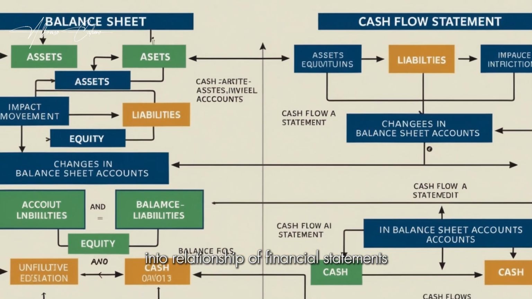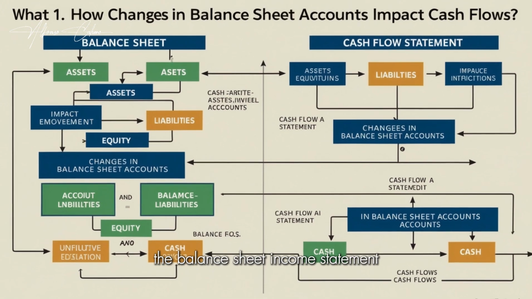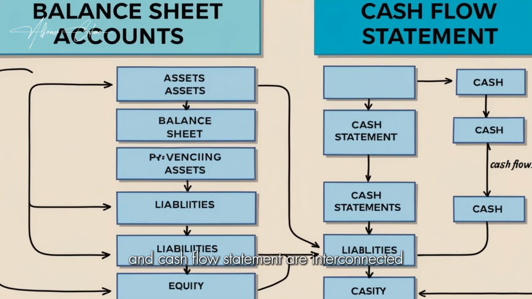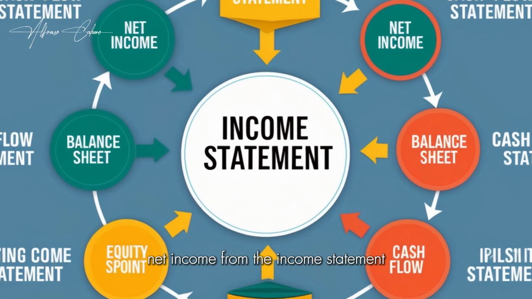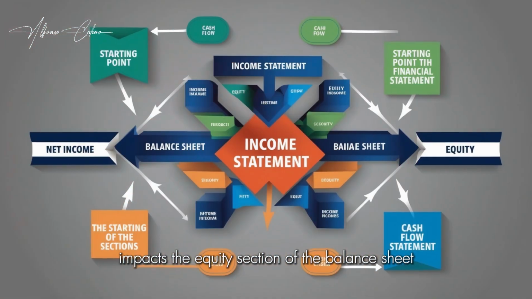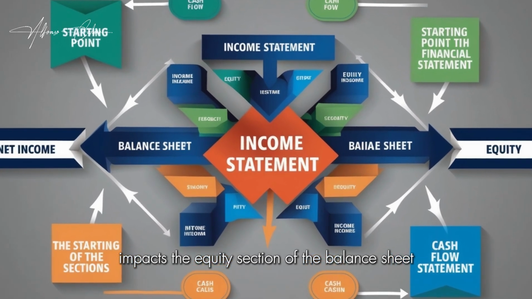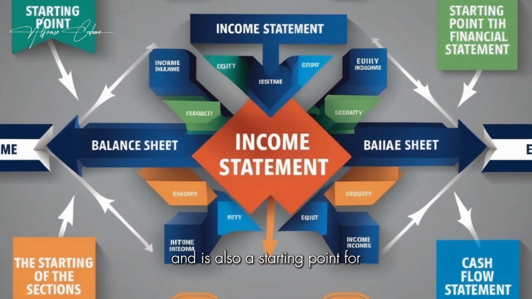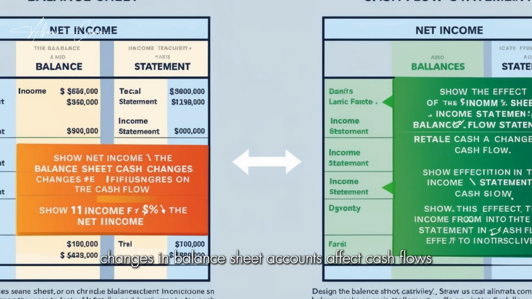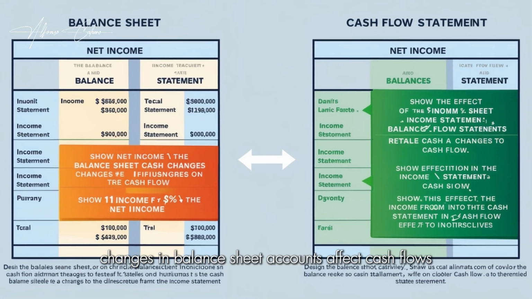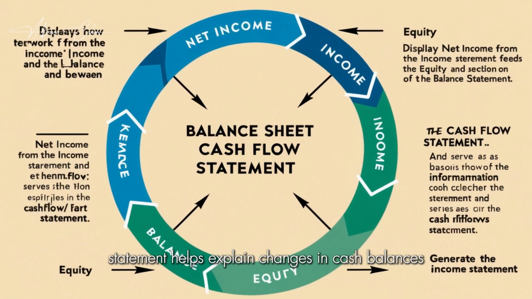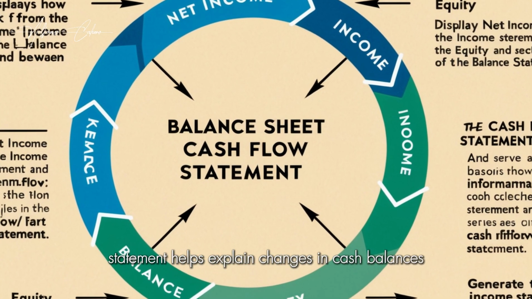Interrelationship of financial statements. The balance sheet, income statement, and cash flow statement are interconnected. Net income from the income statement impacts the equity section of the balance sheet and is also a starting point for the cash flow statement. Changes in balance sheet accounts affect cash flows, and the cash flow statement helps explain changes in cash balances reported